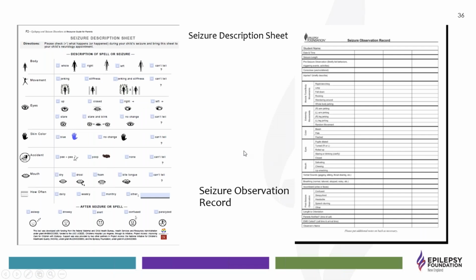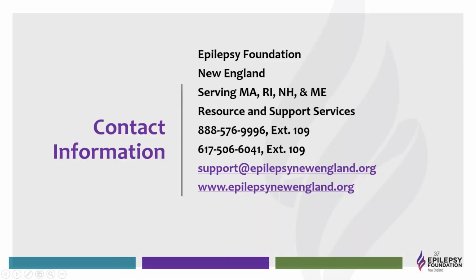There's a ton of online tools that I can share with you, but if you're still a person who prefers paper and pencil, we have these two, an observation record, which has all the symptoms of a seizure listed down here, and you can track when it happened and how long it happened. Or I give this out on the left, the seizure description sheet, which is a pictorial representation of what occurs during seizures, to teachers, because I tell them, maybe this is easier for you to just run over and circle or check what you observed and just write the date and the time that you observed it.